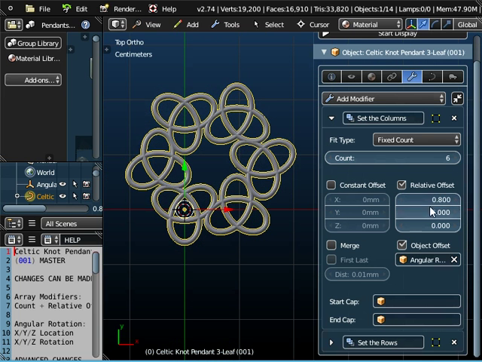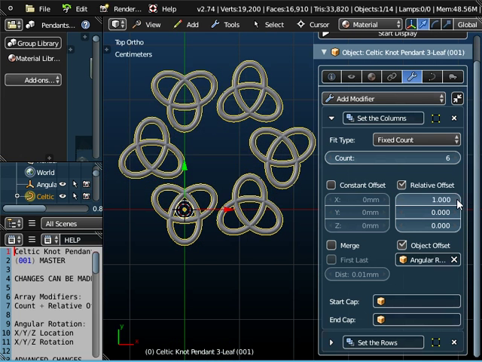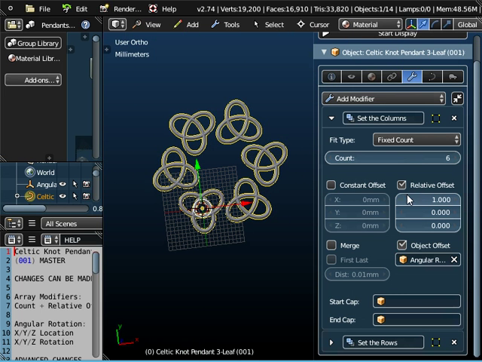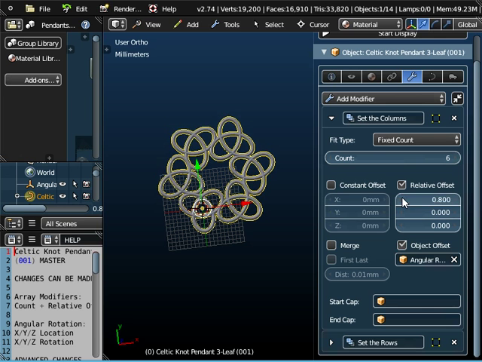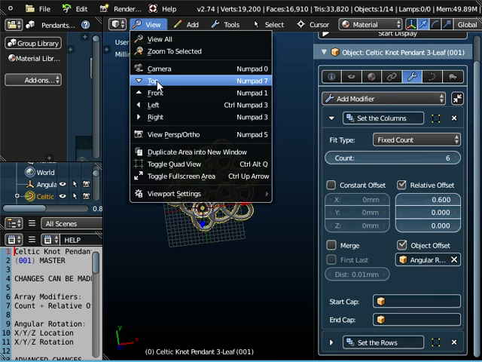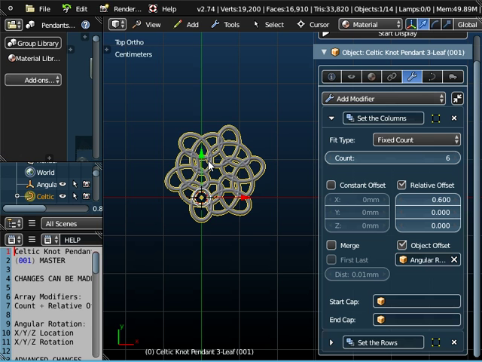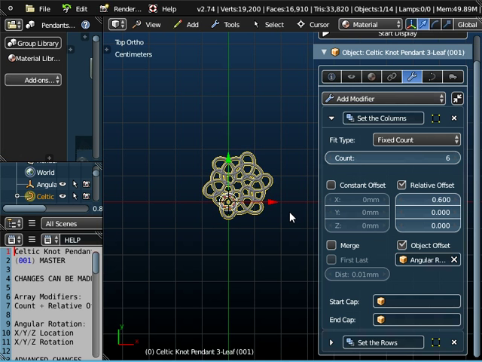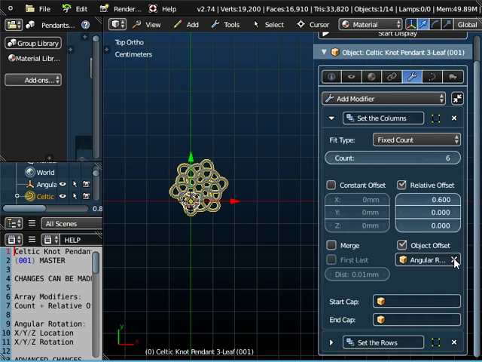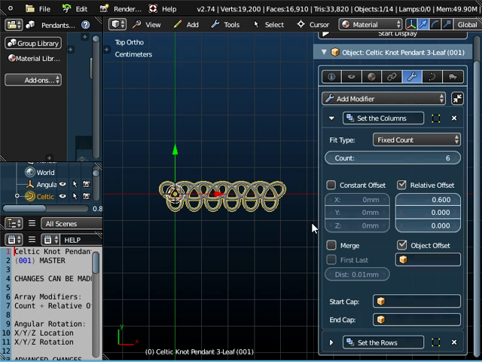Now clearly once we go above 1, that's not going to be a pendant anymore. We can't print that as a single object, so you do need values which are less than 1. You do need some overlap so that you get a printable solid object. Now if you don't want a circular style, we can switch that off, and notice what happens: our count counts 6 across in this case,